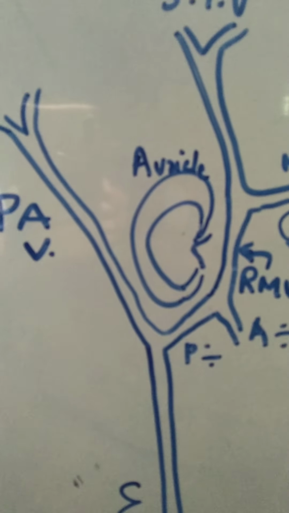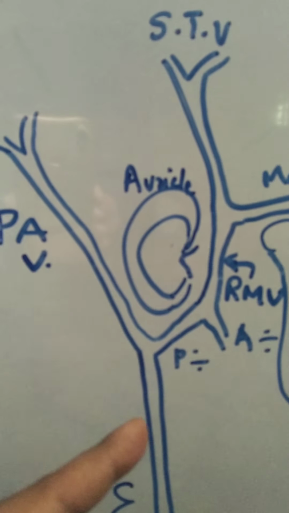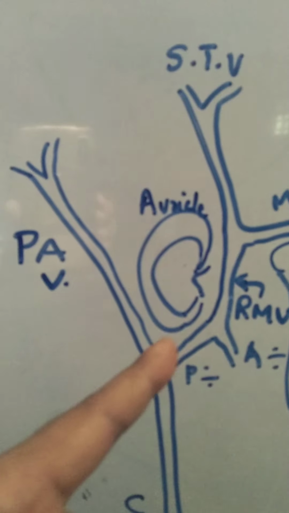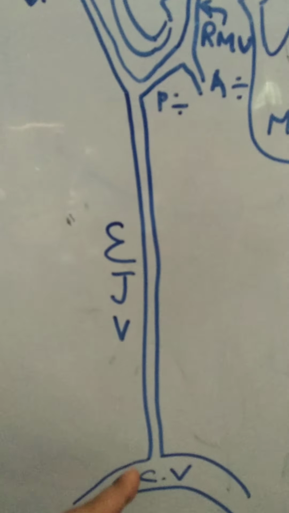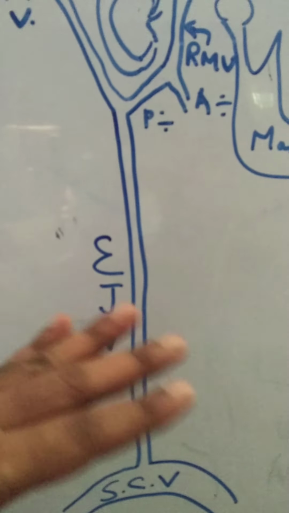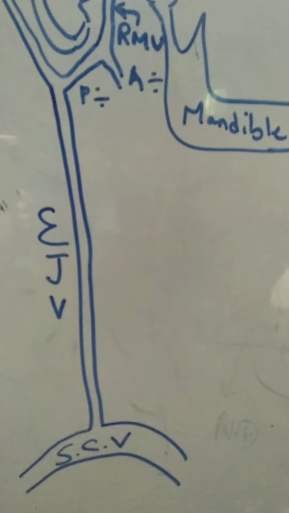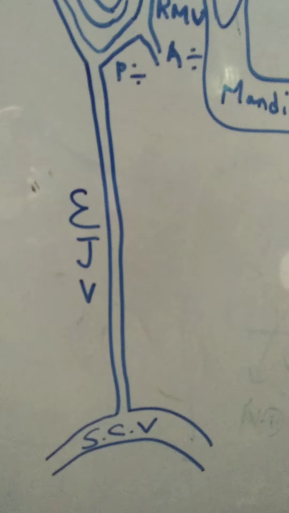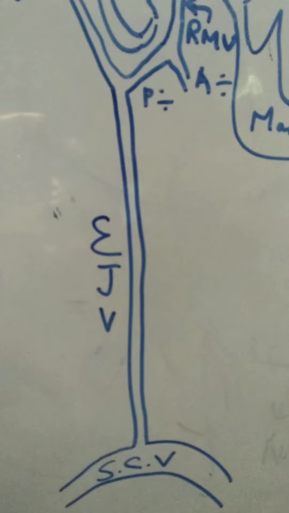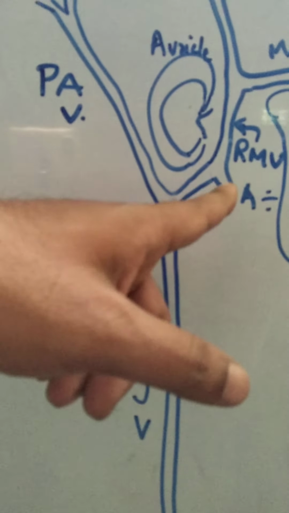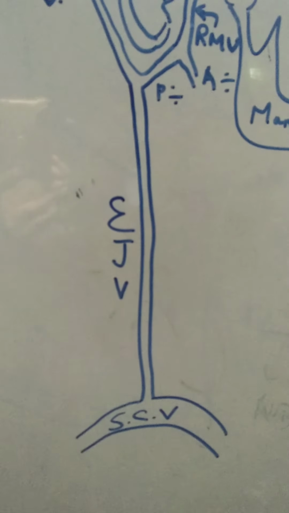So the origin of the external jugular vein is by joining of posterior division of retromandibular vein with posterior auricular vein behind the auricle. Then it vertically descends, okay, in the posterior triangle of the neck within the superficial fascia. Then it pierces the investing layer of deep cervical fascia before ending in subclavian vein. So ending in subclavian vein, that is termination. Origin is here, posterior division of retromandibular vein with posterior auricular vein. Last but not the least, tributaries.